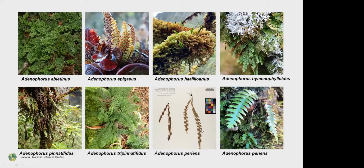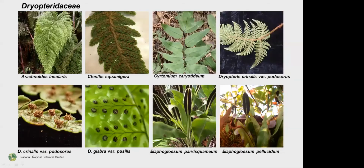Here you see it pendant, and its unusual Venetia blind-like pinnations. So it was thought to be extinct, rediscovered. Now we're trying to learn, and Ruth is spending a lot of time trying to learn how to cultivate these green spored ferns. In the Doryopteridaceae, we have quite a few interesting plant species and genera: Arachnoides, Tinnitus, Sertomium, the holly ferns,